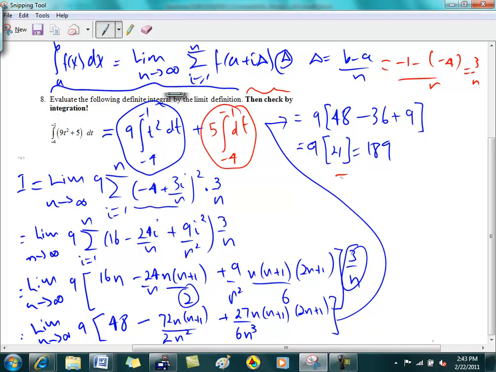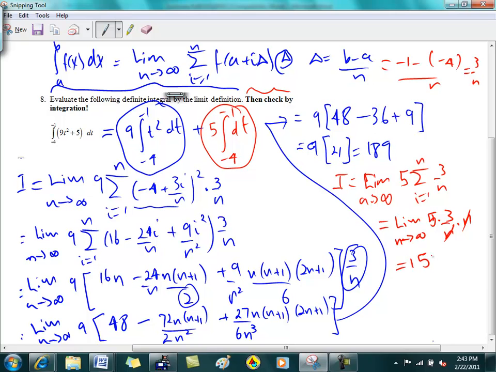So the red integral now becomes equal to limit as n goes to infinity of 5 sigma i equals 1 to n. And like I'm saying, since f is 1, there's nothing to plug in. All I have is 3 over n, which then becomes equal to limit n goes to infinity of 5 times 3 over n times n. So the n's cancel, and that's equal to 15. So my final answer for the limit problem, which takes